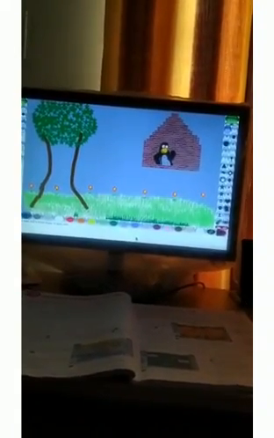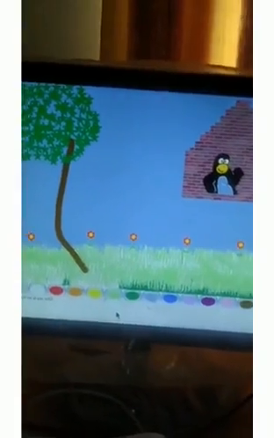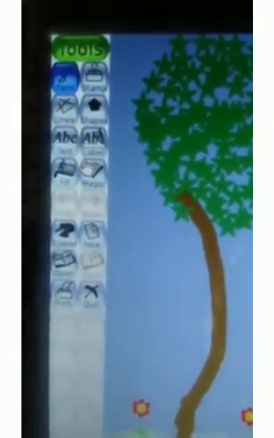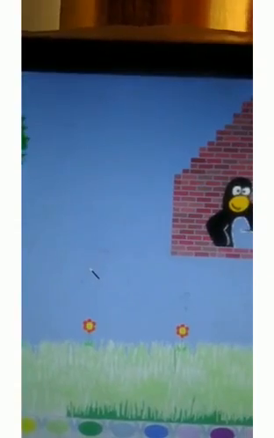So children, this is our TuxPaint screen. You can watch it on my system. I will show you some of the tools which we are going to learn today. The first one is the mosaic tool. So how to use it, I will show you. First of all, at the left side there are some tools. You can watch it over here. And at the right side, these are some sub tools at the right side of the TuxPaint window. And this area where we make drawings is called the canvas.